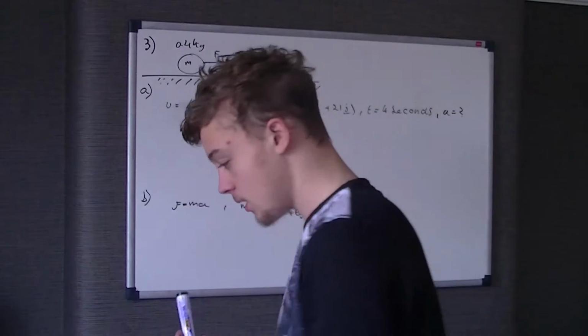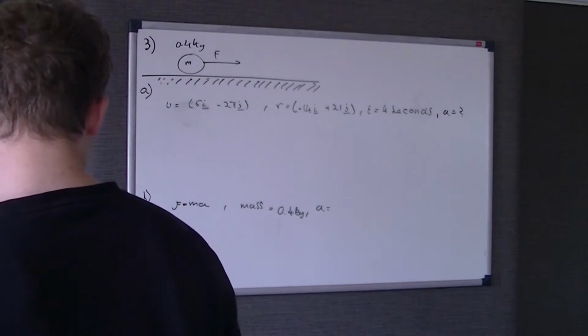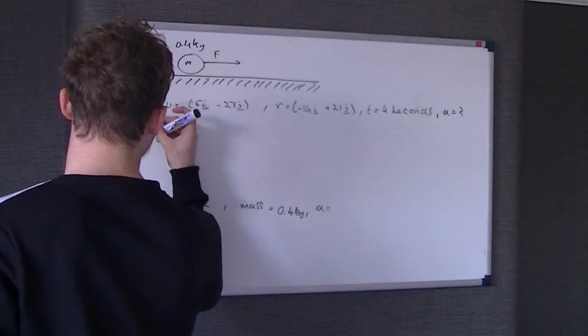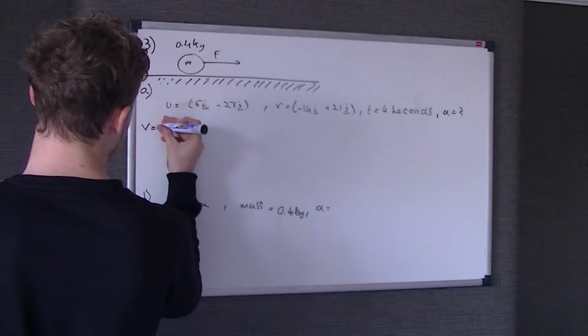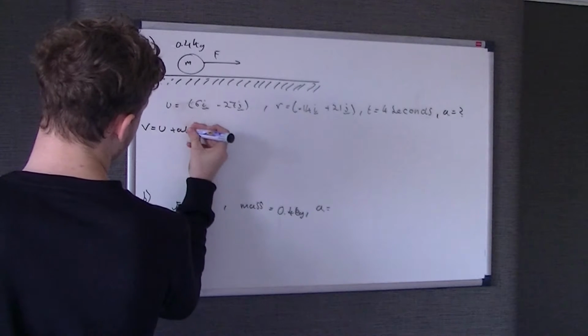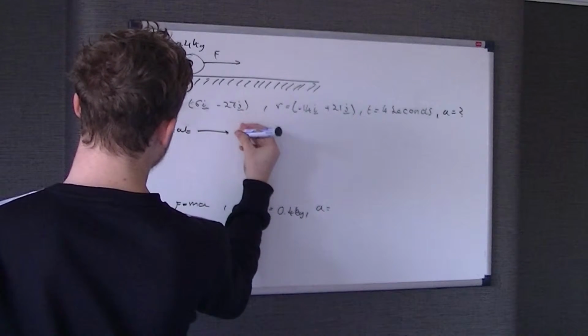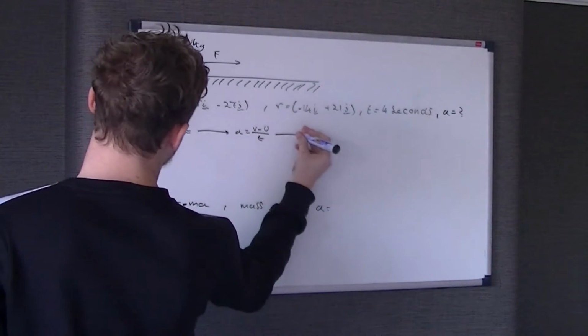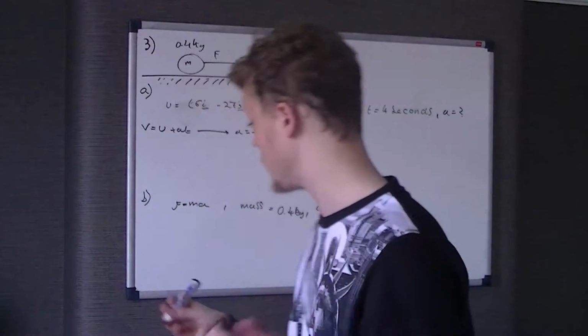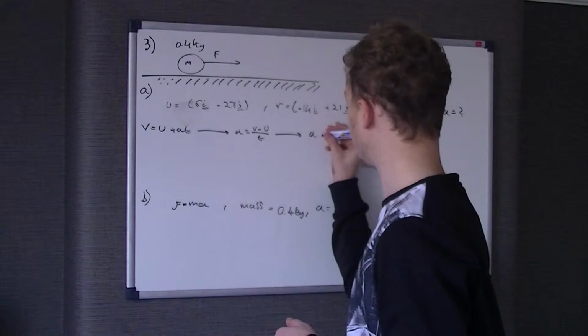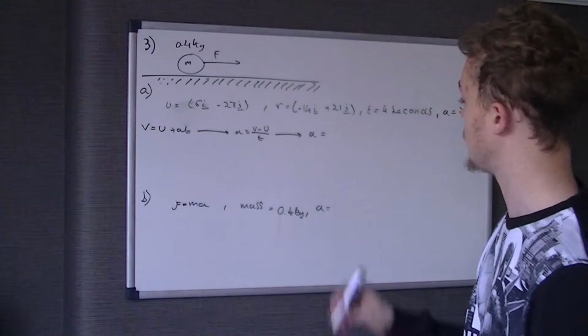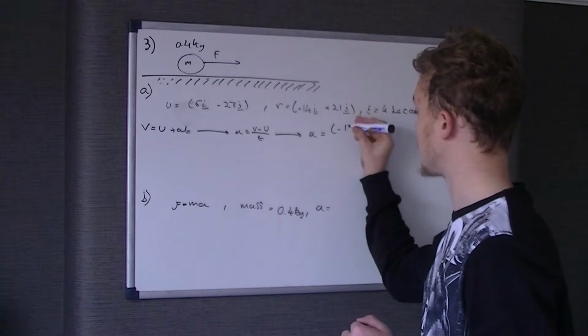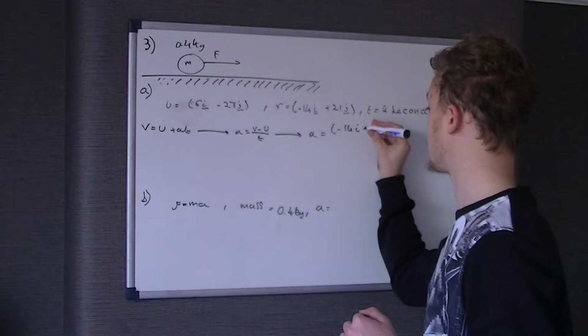Now, obviously you know the acceleration formula off the top of your head by now, but I'd still write it out. v equals u plus at, that's one of the SUVAT equations. Rearrange that to get a, so that's v take u over t. It also makes you look like you've done a bit more thinking than you actually have, so everything's a bonus. So a is equal to v take u, just put it in bracket form: (14i plus 21j)